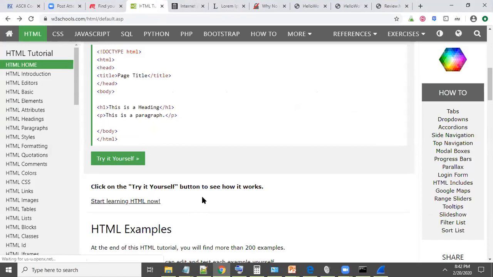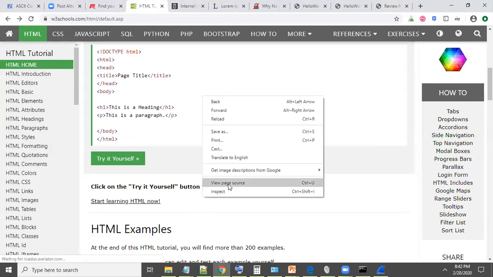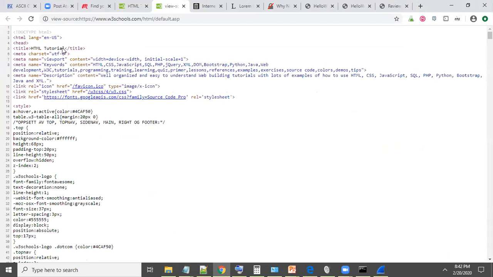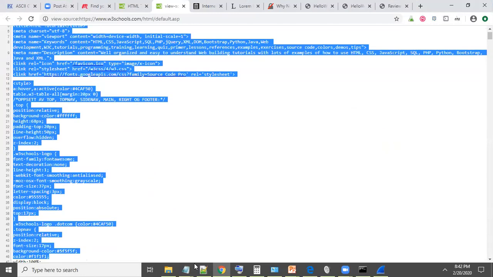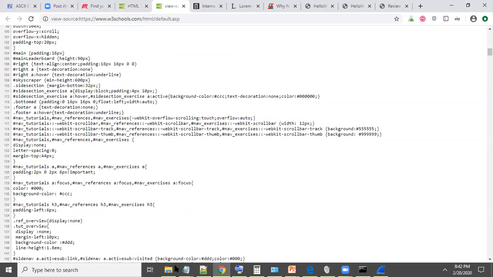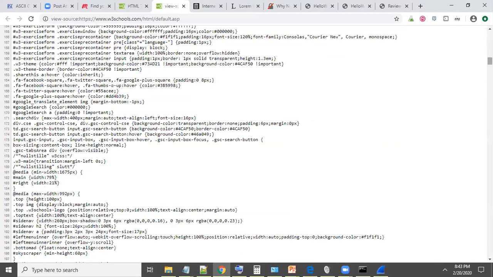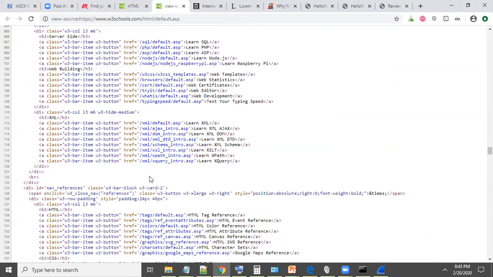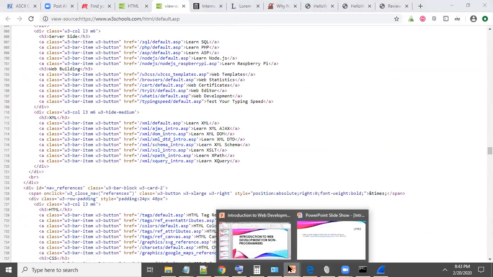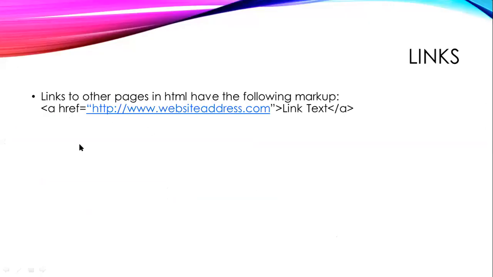What you can do is right-click and choose View Page Source, and you'll actually be able to see all the HTML that the browser is converting to that actual website. So this is actually CSS at the top and the HTML. So these are a bunch of links. That's good, always good to know.